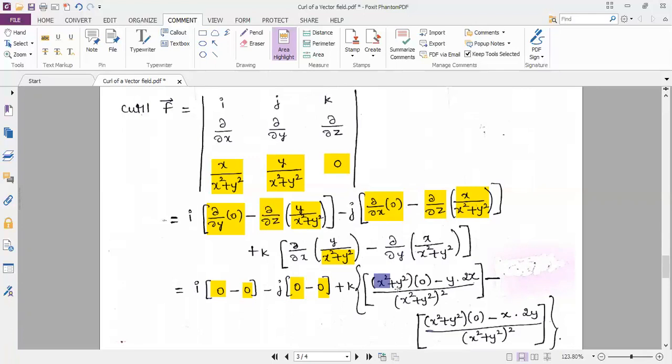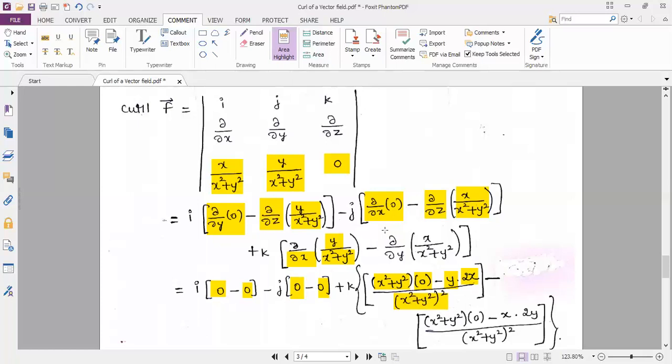So writing down x square plus y square as it is first. Differentiation of y partially with respect to x is 0. So 0 here minus writing down numerator u as it is, that is y. Differentiation of x square plus y square partially with respect to x is 2x. The whole divided by v square, that is x square plus y square the whole square,